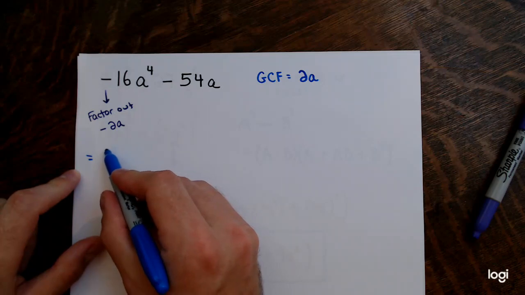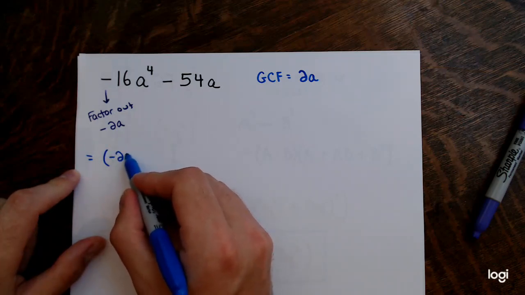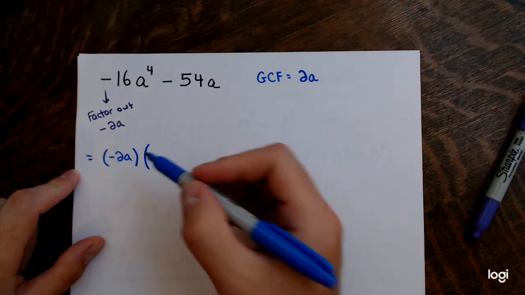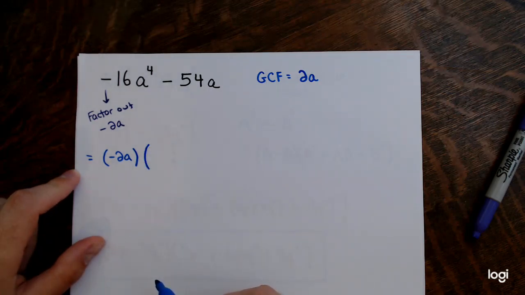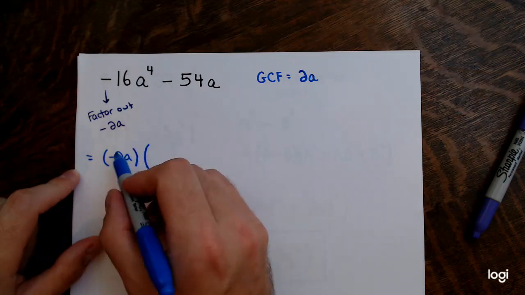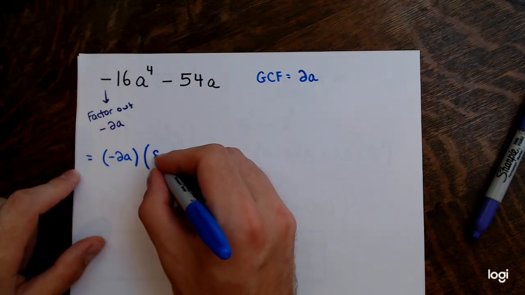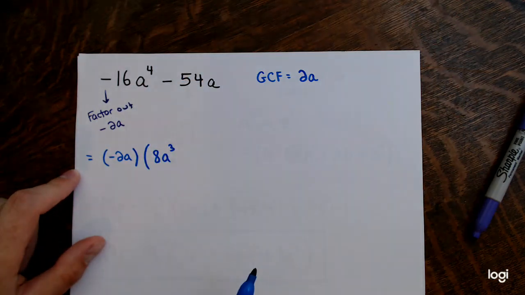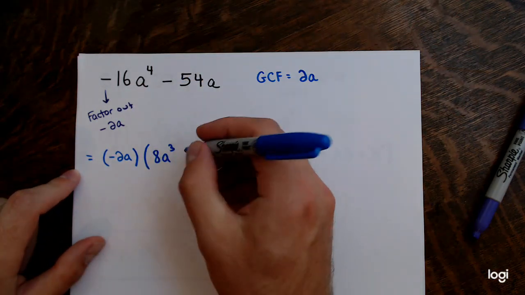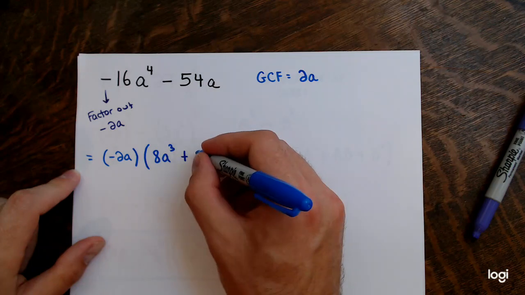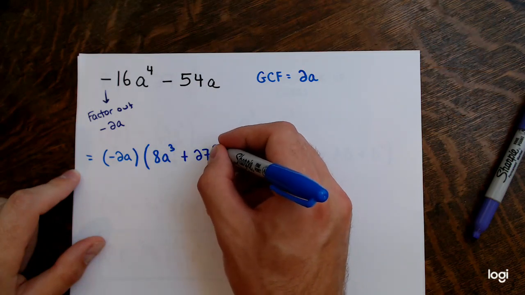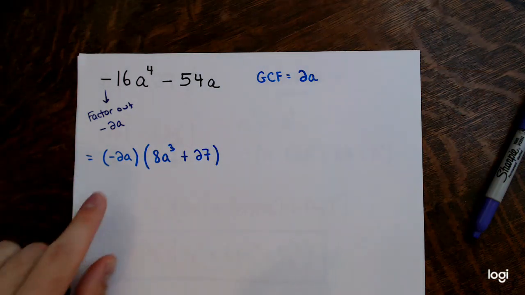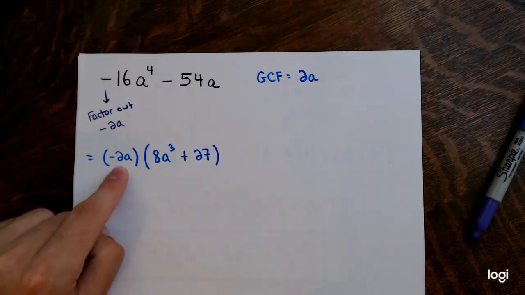So I've got negative 2a coming out, and when I remove a factor of negative 2a, what I'm left with is, negative 2a times 8a cubed would be negative 16a to the 4th, and then negative 2a times positive 27 would be negative 54a. Right. So there's a GCF, or the opposite of the GCF, coming out,